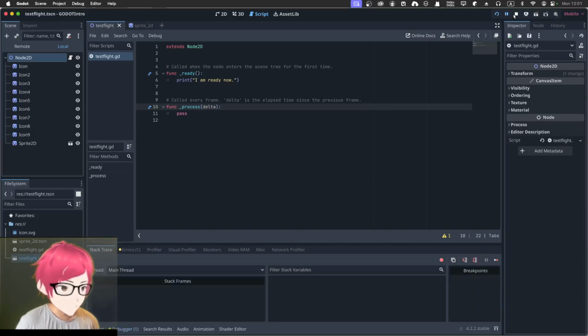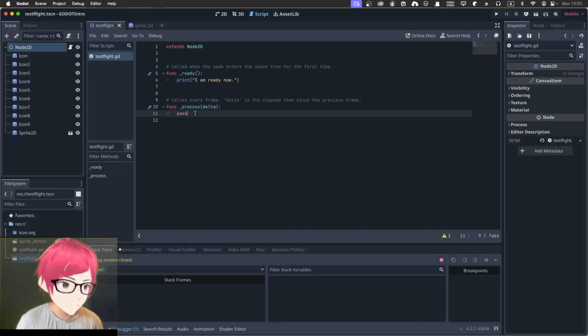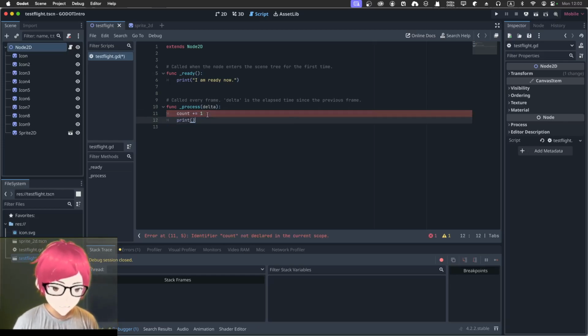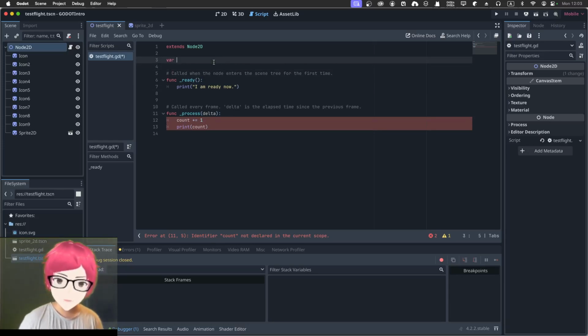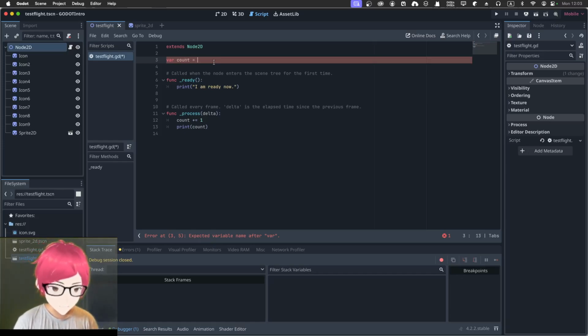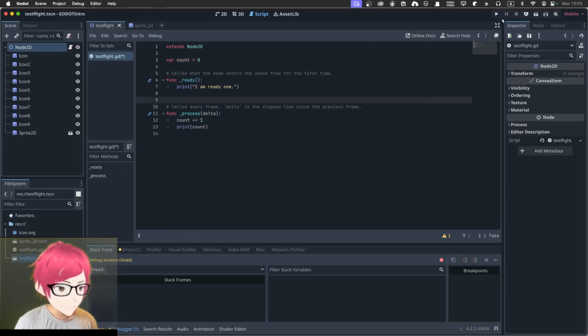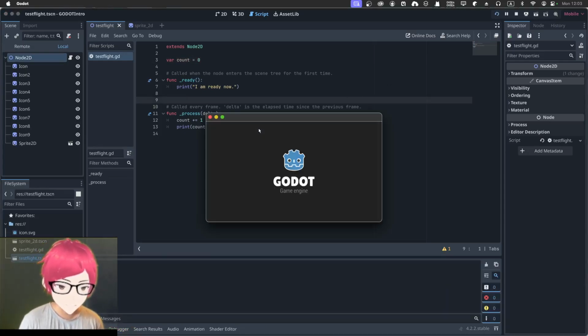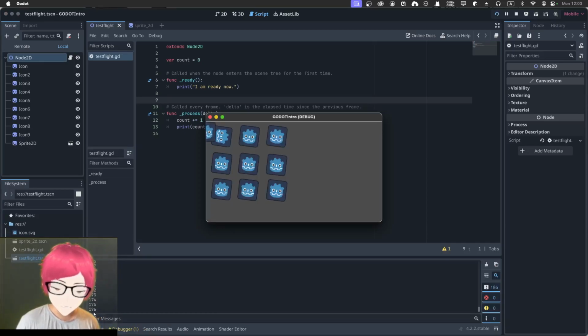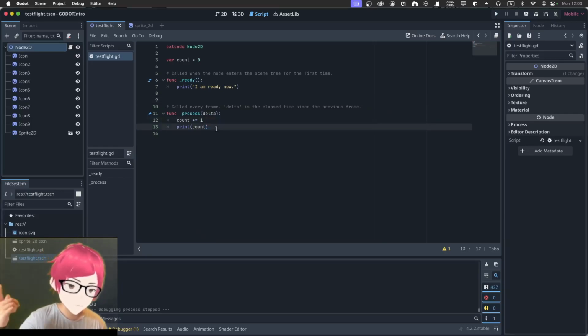And let's just pass it. And process, here comes the interesting part. You can write count += 1, so basically adding 1, 1, 1, 1, and I can print the count. This is just basic coding. Count starts from 0, and then we can add things up. And as you can see, it's constantly updating. That's good. And of course, you can just ignore all that and write a function from scratch and